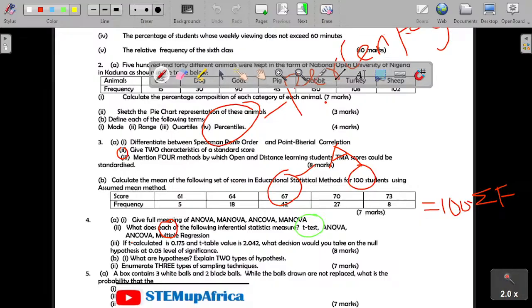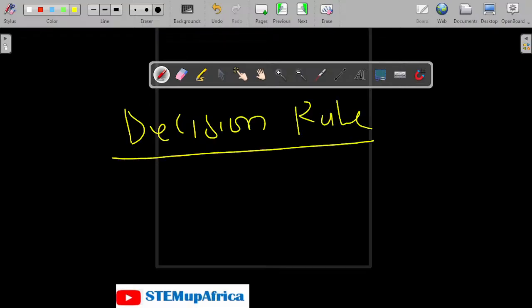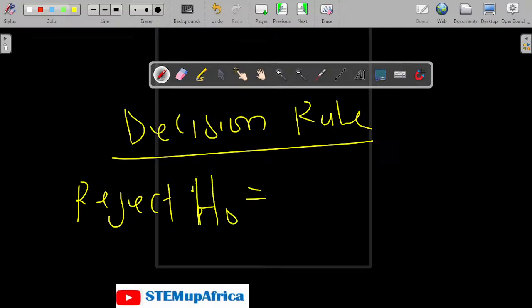Now, look at the decision rule. Let me state the decision rule for you. How do you make a decision based on the values that you have? Please take this one very seriously. Decision rule: you reject the hypothesis. Reject means you reject the statement. H0 stands for the null hypothesis, while H1 stands for the alternative hypothesis. You reject the null hypothesis if